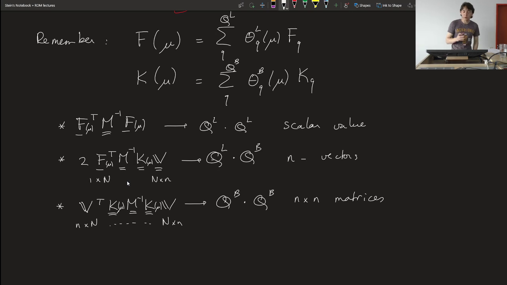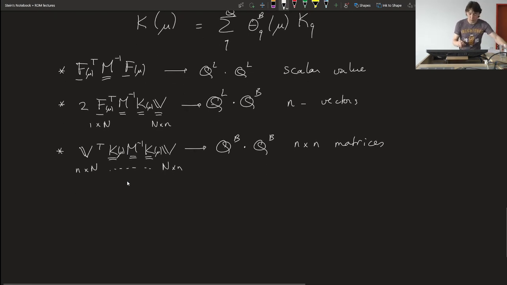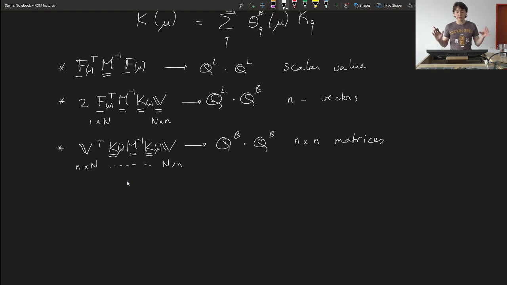Although it kind of emphasizes why you want to do this a priori. You want to do this in the offline stage, where you have the computational expense available to you, because then you can do all these inverse matrix multiplications. And also in terms of error estimation, if you want to do that cheap, also during the offline stage, you would also pre-compute this. Yeah, so with this complete decomposition where you've pre-computed as much as possible during an offline phase, you have